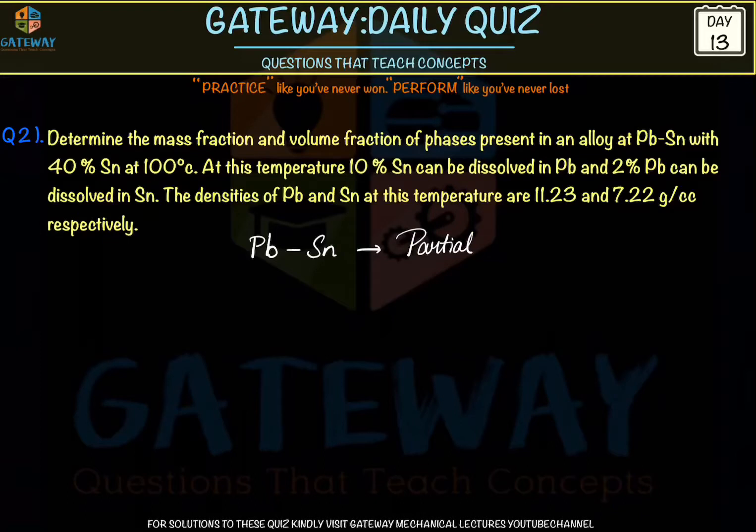We'll see what a partial eutectic system is. Generally, a eutectic system is called so when it has complete solubility in both solid and liquid phases. Suppose we take two metals, metal A and metal B. We start heating them. After reaching the melting points of both metals, they start melting, and finally above the melting point of both, they will be totally in liquid form, and they are completely soluble in the liquid form.